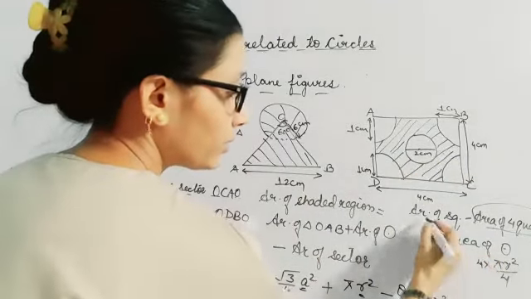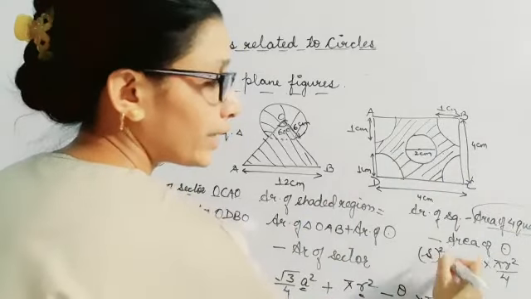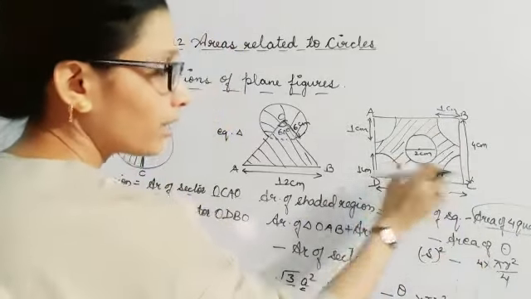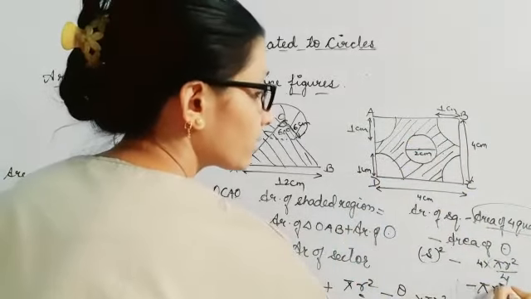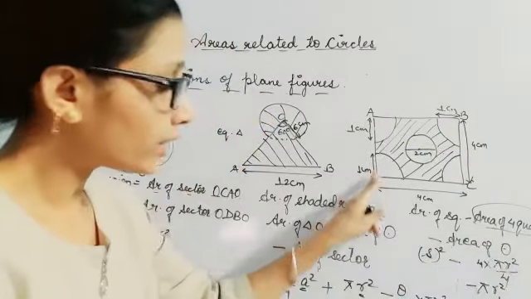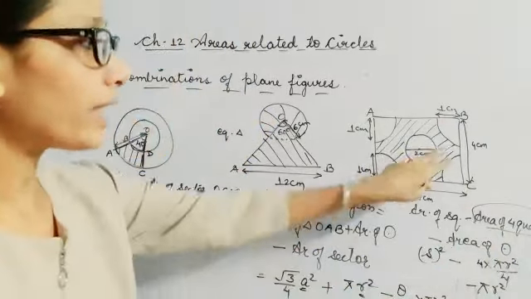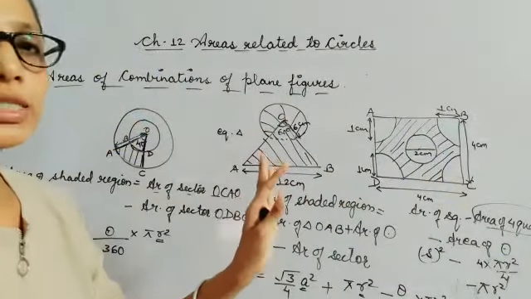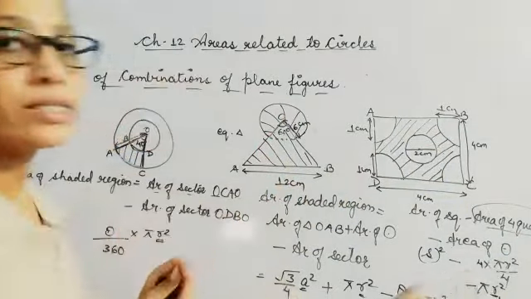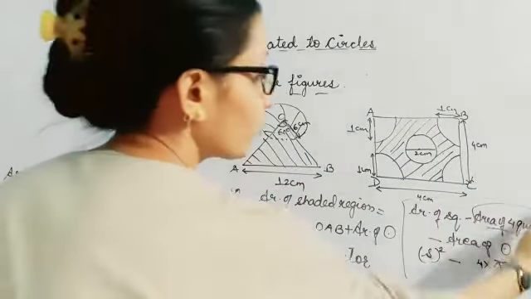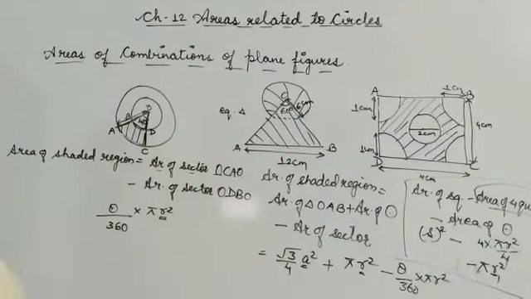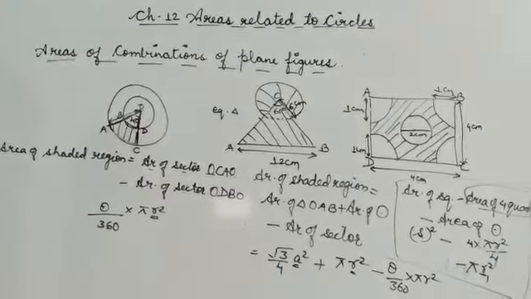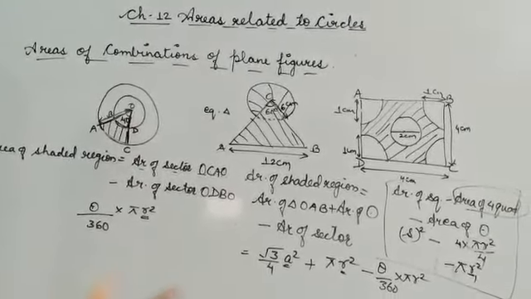So the area of the square is side square, minus these 4 quadrants, minus this circle. So this circle is what? Pi r square. Here the diameter is given as 2, so the radius will be 1 centimeter. So again you will be taking it as 1. So this is the formula for finding out the shaded region. Now you can put these values and calculate the answers yourself. I think you were not able to see the last step, so just take a screenshot, or you can see the last step now.